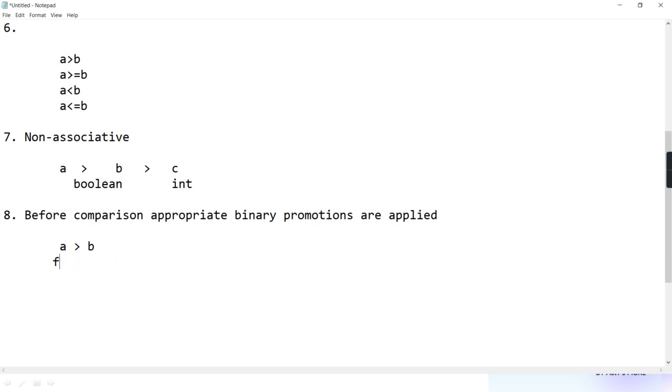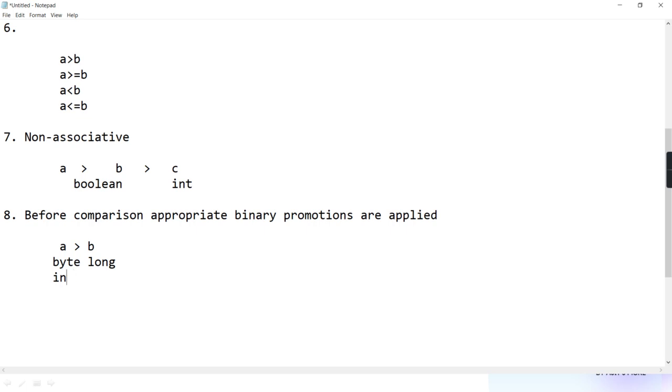Getting? So irrespective, if you are comparing a byte with a byte, then also tell me, will there be appropriate binary promotion done? Binary promotion means both the operands are promoted to the nearest data type. You understanding? It won't be like if one is already byte and another is long, it will keep long as long and make the byte an integer.